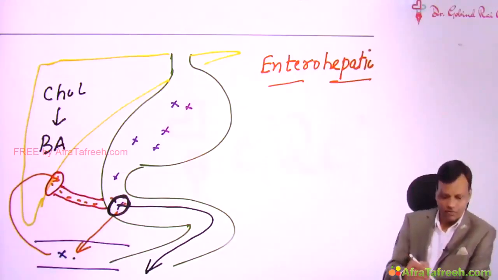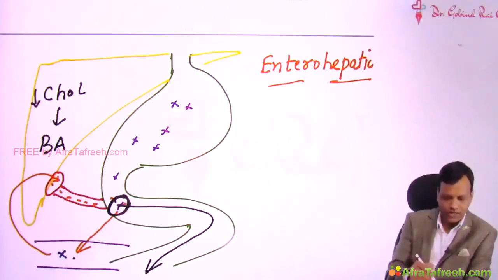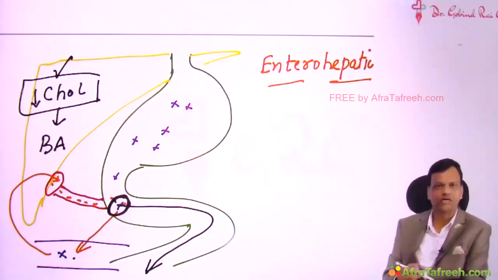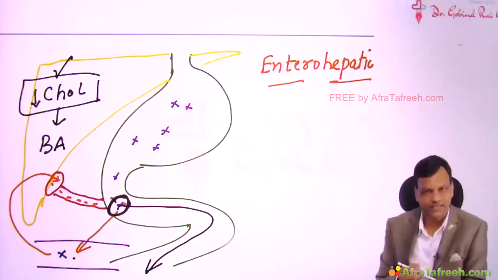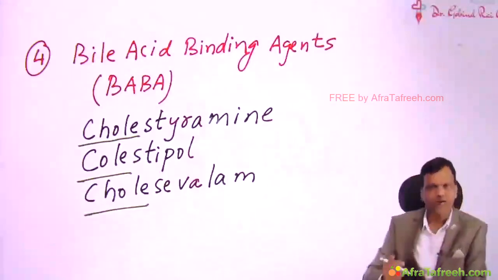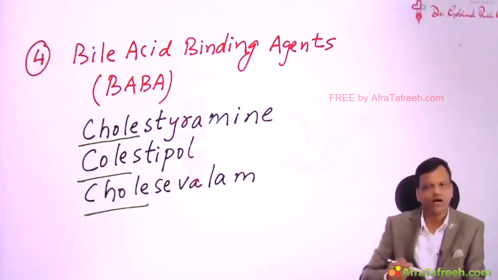So when the liver starts forming bile acids from the cholesterol, the cholesterol in the liver decreases. So finally we want to decrease cholesterol. Cholesterol is decreased because it is consumed in conversion to bile acids. Now, a special point about bile acid binding agents, the main advantage of these drugs, is they are not absorbed